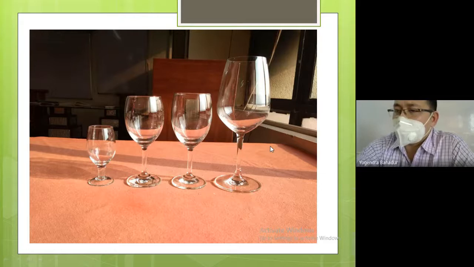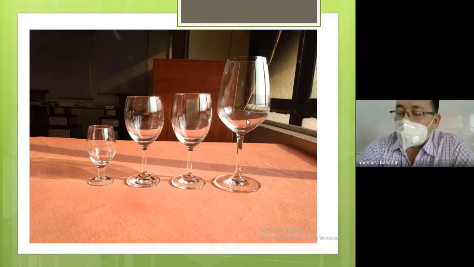Generally, whenever we serve very old matured red wine, where the maturation period is more than 30 to 40 years, any kind of red wine which is supposed to be kept inside the bottle for more than 30 to 40 years, that kind of red wine is known as over matured red wine. Such a wine is supposed to be served in a large wine glass. So this is basically the large wine glass.